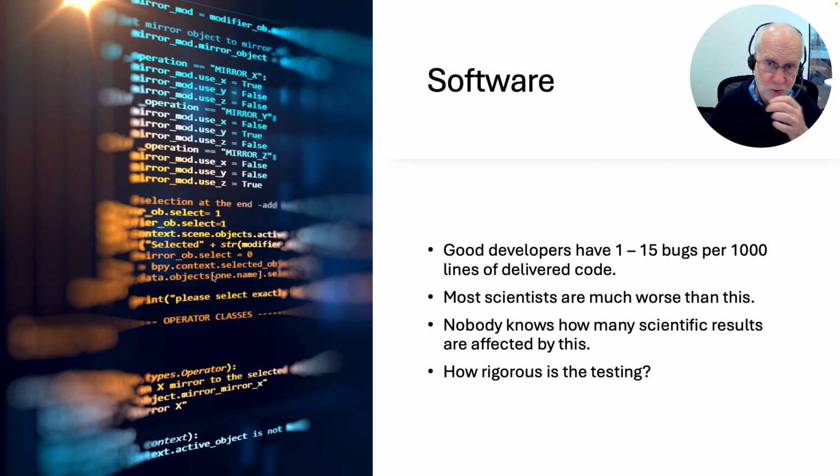Now, actual computer code is better than Excel spreadsheets because it has all sorts of debugging tools, whereas Excel spreadsheets are much worse. There's lots and lots of bugs like the Reinhart and Rogoff bug in Excel spreadsheets. You've got to test these things, and you've got to ask how rigorous is your testing. In most software, they will try and test it on situations where they know the answer. For example, global climate models, they'll test whether they can reproduce the effect of the Pinatubo volcano and whether they can model the end of the last ice age. So you've got to think that your software will have bugs, and how do you know those bugs aren't fatal? And that goes down to rigorous testing, but it may not even be possible to test it that rigorously.